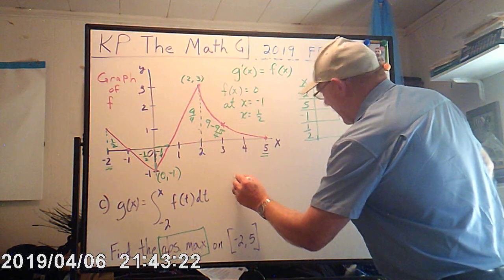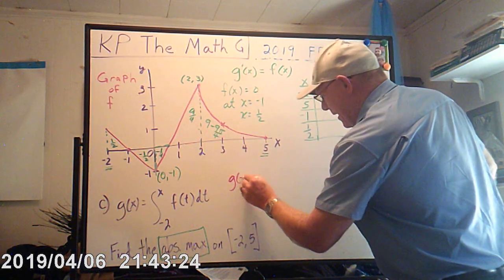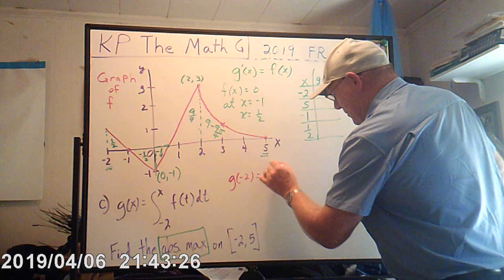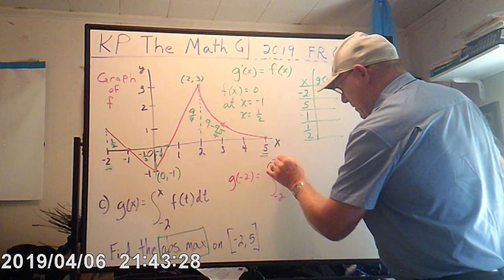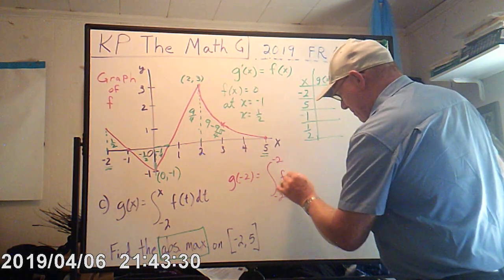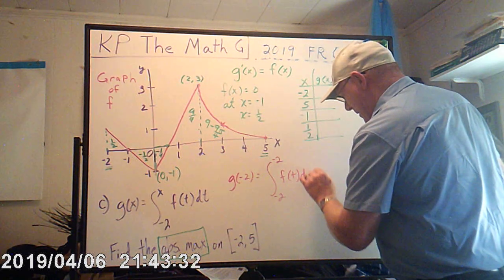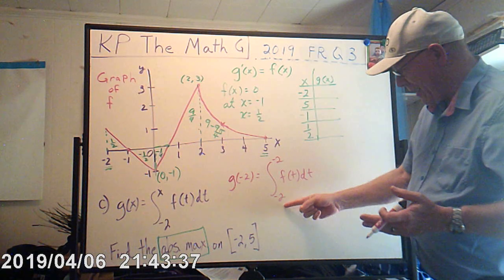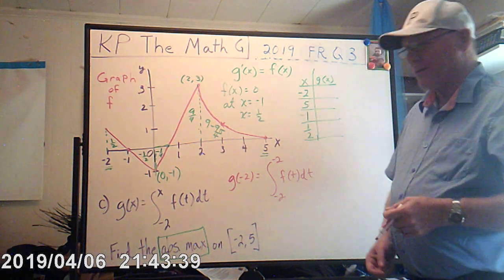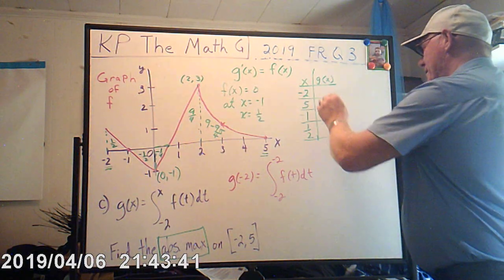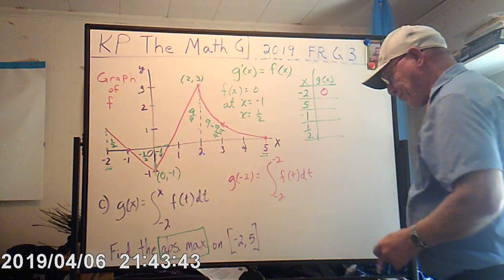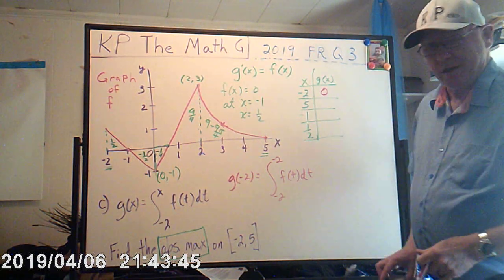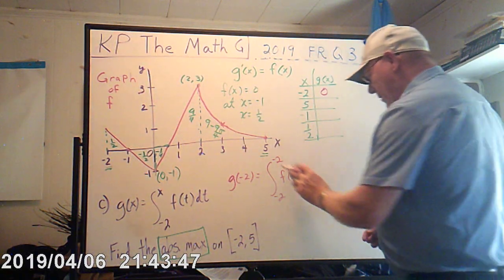Alright, so what we're looking at is g of -2 is equal to the integral from -2 to -2 of f(t) dt, which, by the way, what happens if you go from -2 to -2? Yeah, that one is 0. No problem there, huh? If we plug in 5,